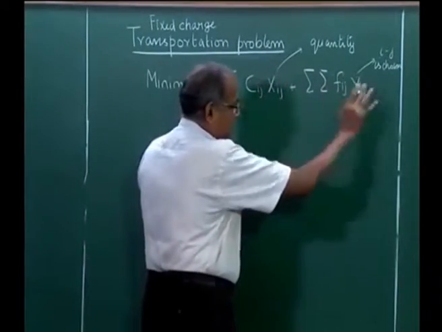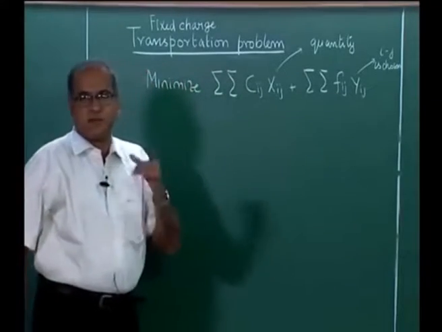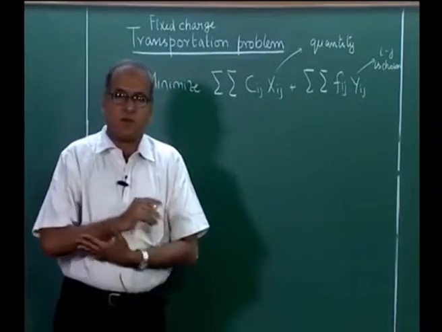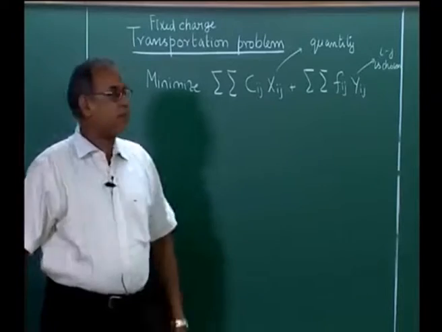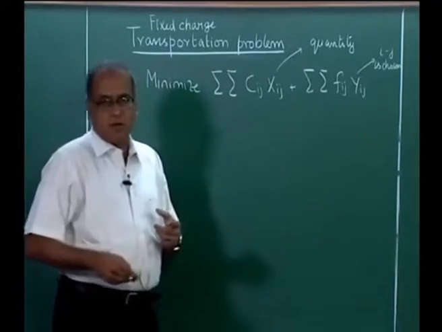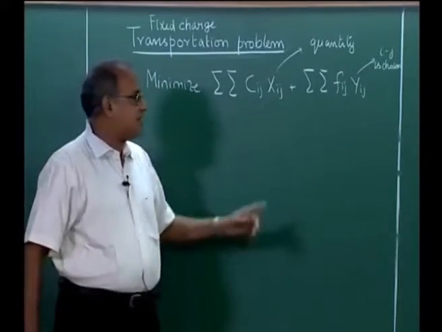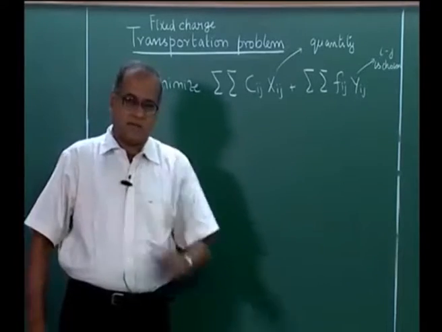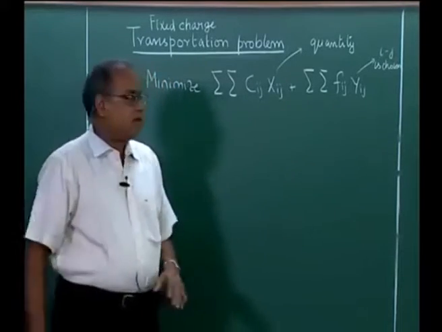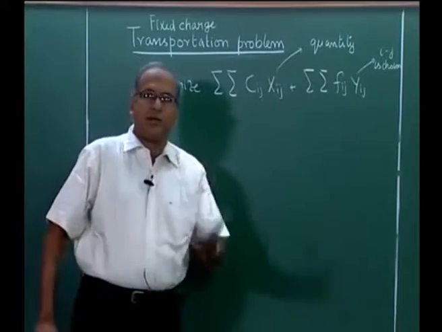On the face of it, this objective function appears similar to that of the multi-stage transportation problem, but it is not so. In the multi-stage transportation problem that we saw in the previous lecture, we had i, j and k. So, there were 3 entities. Now, we have only i and j, 2 entities.